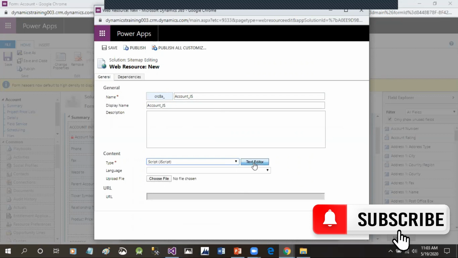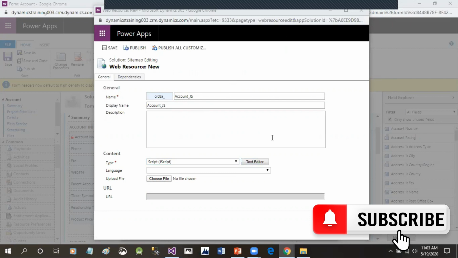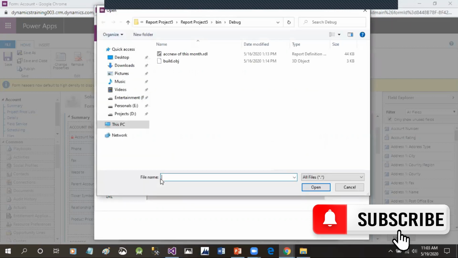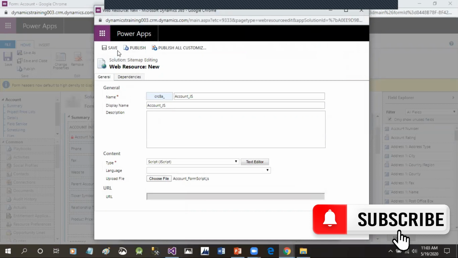Here you can either click on this text editor to edit the JavaScript in this Dynamics 365 window, or you can click on this choose file to upload your JavaScript. As I have already created a JavaScript file, I'll just select this file and click open. Now it will automatically upload my JavaScript. Then I will just save and publish.